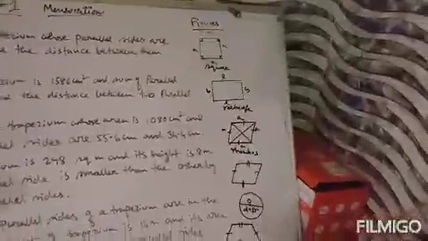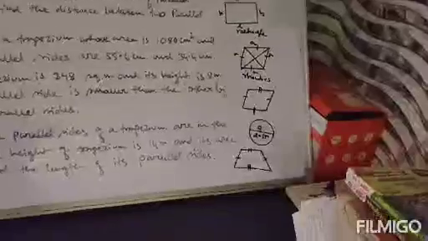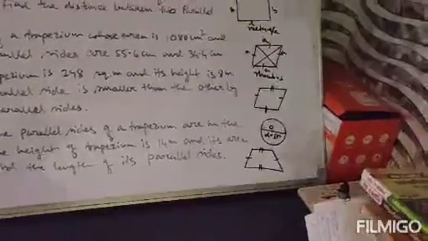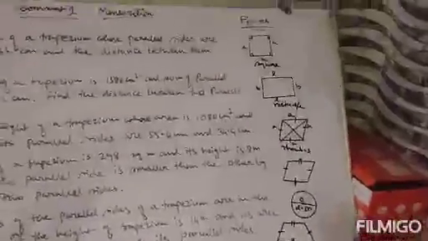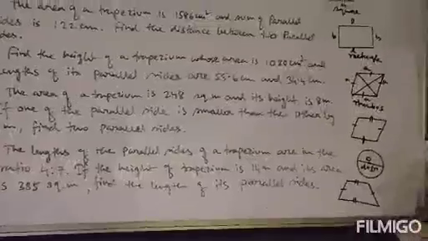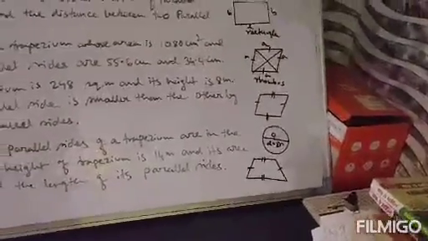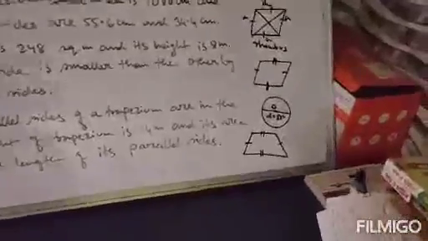Clear? Now among all these figures, in this session, in this worksheet, we will only talk about the trapezium. That means the area of the trapezium and the perimeter of the trapezium, and the remaining figures we will discuss in subsequent lectures. In this session particularly we will talk about the trapezium because all these questions are related to it. This worksheet is specifically designed for trapezium questions. So only the trapezium will be discussed in this session. Clear?